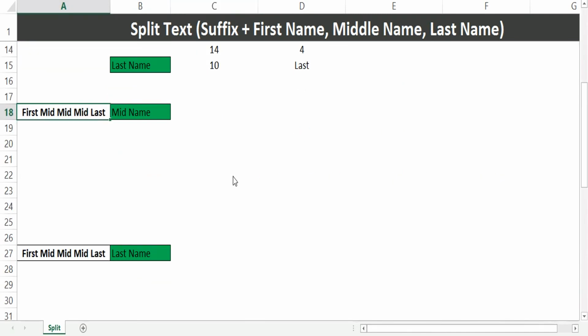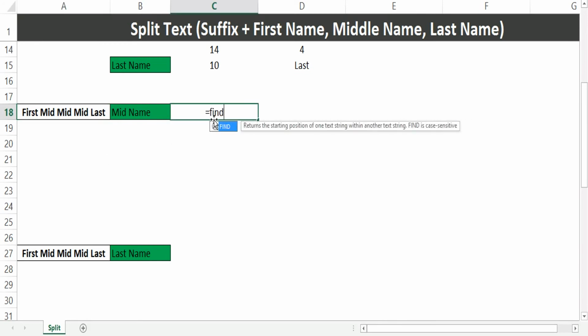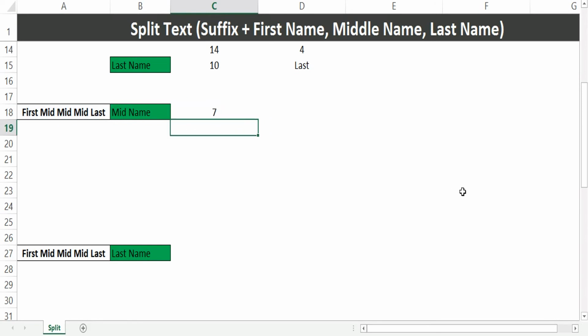Now moving on to the third scenario, we have the first name, middle name, and the last name, and we are going to extract the middle name here. So we need to find the first space here, then the fourth space here. This fourth space is also our last space in this text. If we use the same technique, using the FIND function for the first space value, and then again finding the second space value and just adding the previous find value here,